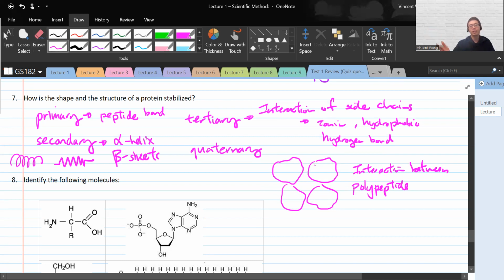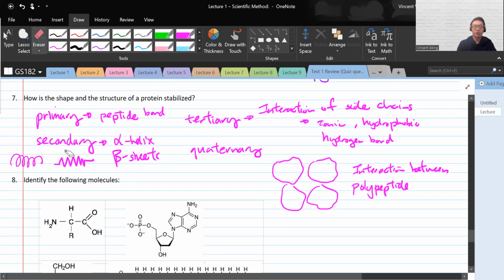Polypeptide is essentially referring to the protein itself. So these are like 4 different subunits that are going to be glued together by these interactions. When you heat the protein up, you will disrupt the quaternary structure,